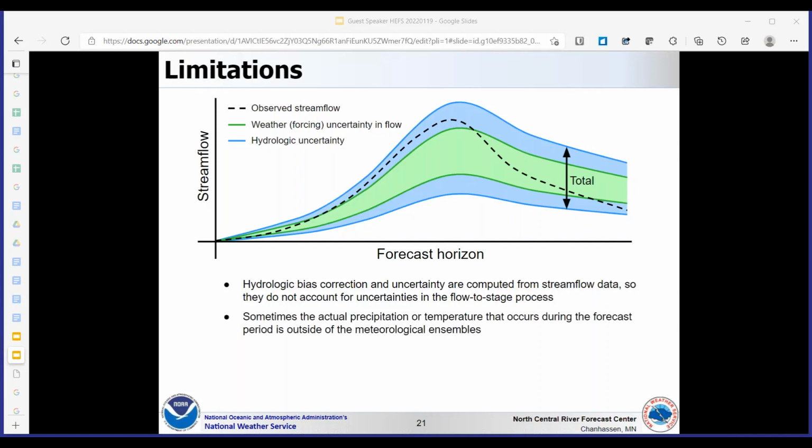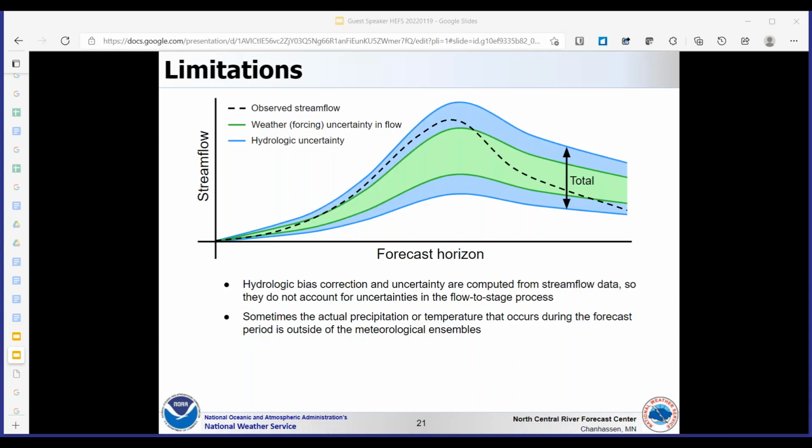During the last 5 to 10 years of experience with the HEFS across the country, there have been many instances when the actual precipitation or temperatures that occur in the forecast period are outside the HEFS ensemble range, leading to streamflow values that are also outside the HEFS ensemble range.